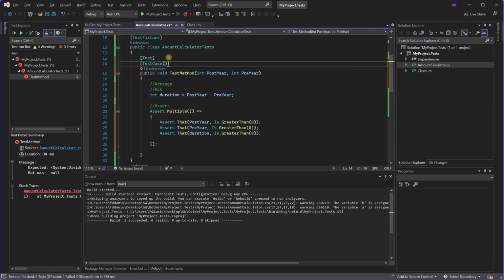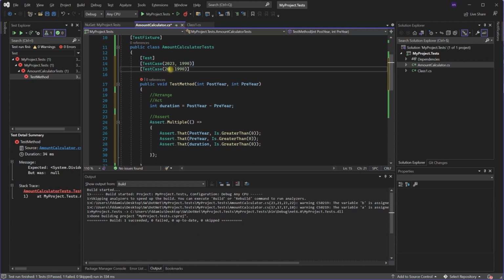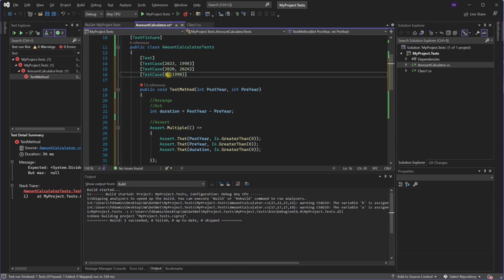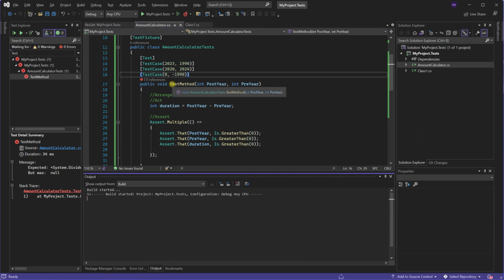So we can use as many as we want. So we'll say for example here 3, and here 90. I say here 2020 to 2024, and here another one, you say 0 minus 90. So now if we press Ctrl R A to run the test,